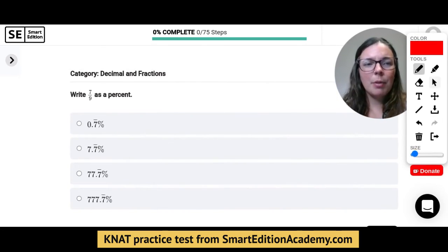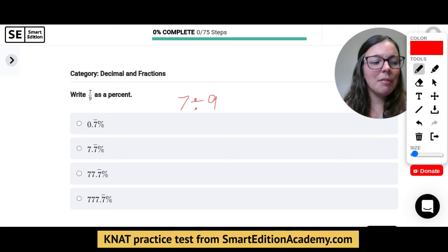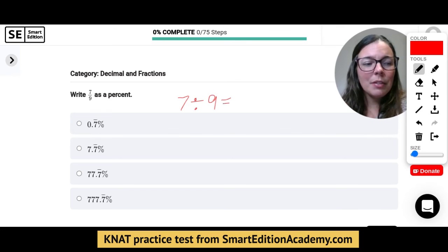Write 7/9 as a percent. Okay, so when you see fractions, just think of division. This is really just saying what's 7 divided by 9. That's all that 7/9 means, 7 divided by 9. So when I do 7 divided by 9, I get